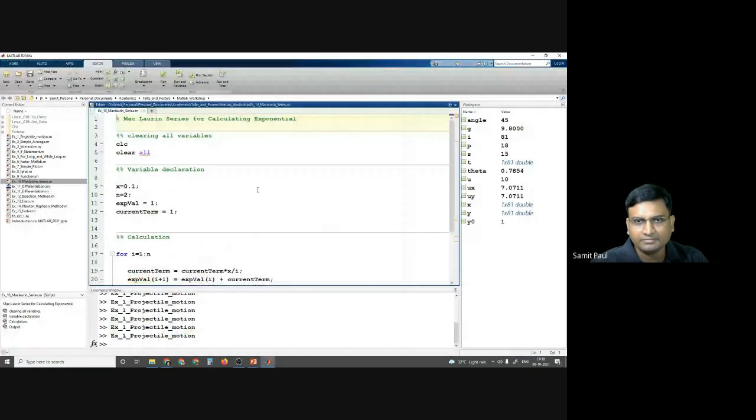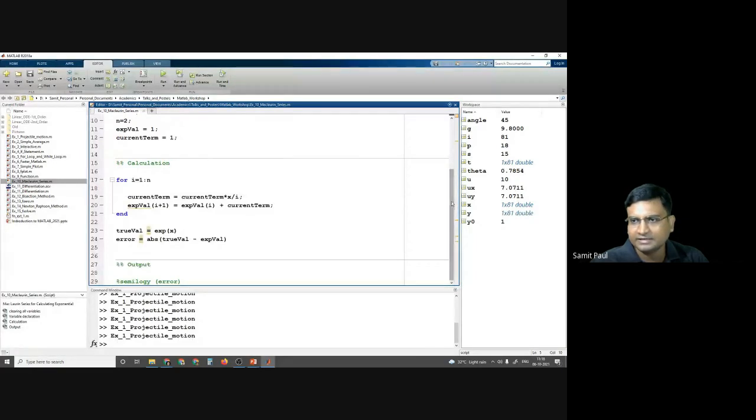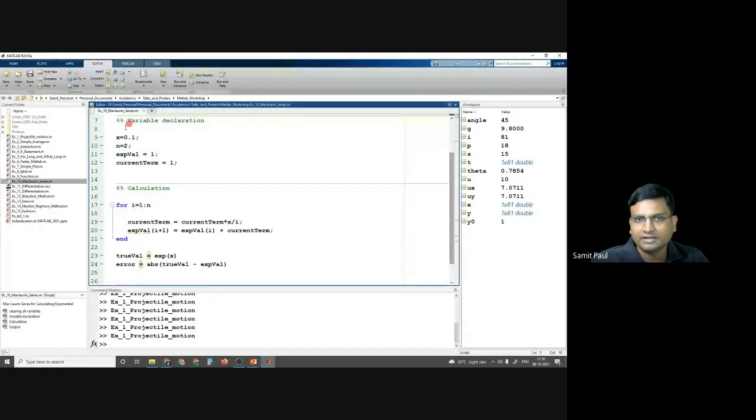Where is the MATLAB? Okay, here. See here. The first portion is common, clearing all variables. Then in this section, I have defined x equal to 0.1. And let us say we want to have only two terms.